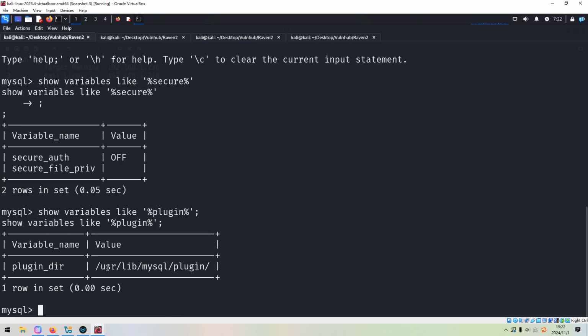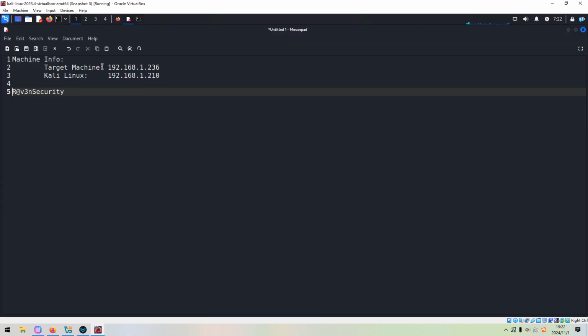As you can see, this is the directory of a plugin. So if we have permission, we need to upload or set the plugin to this directory. Maybe we can copy this path.